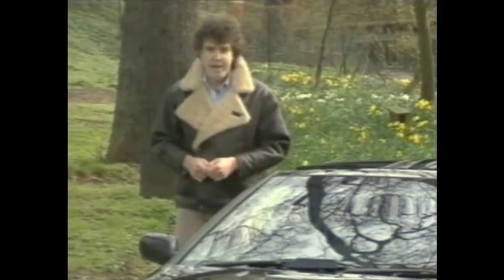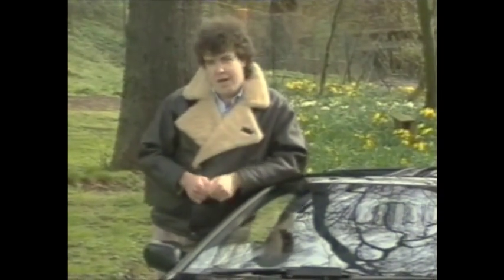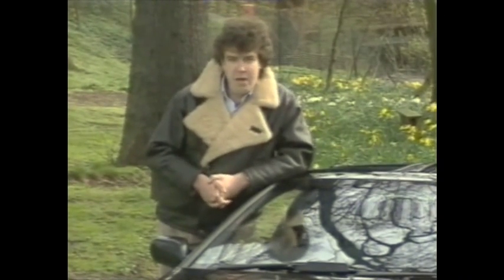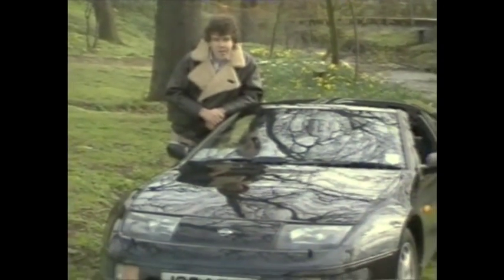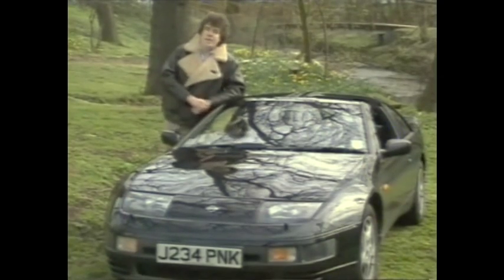You see, Porsche GB has a new managing director, and he agrees that £40,000 is too much for the 968. He reckons 34,000 is nearer the mark. Now that puts it on a level with the Nissan 300ZX here, the one I talked about earlier. Now if they do cost about the same, the battle for supremacy in the coupe market becomes as fierce as the battle for supremacy at the